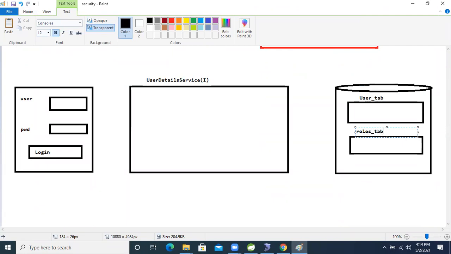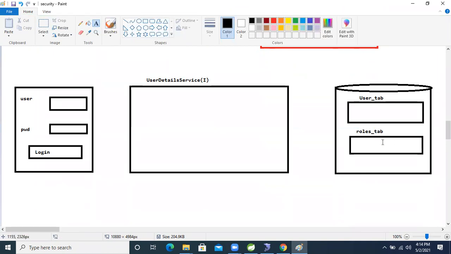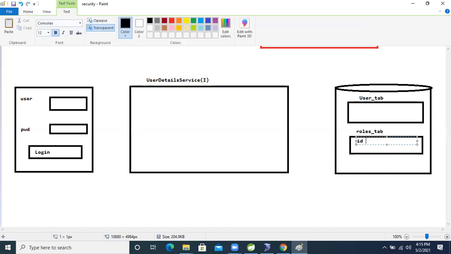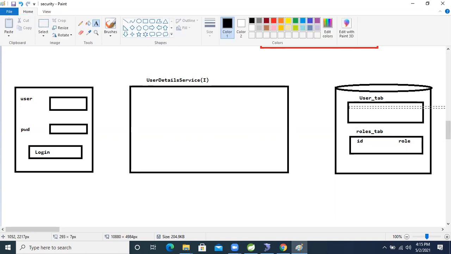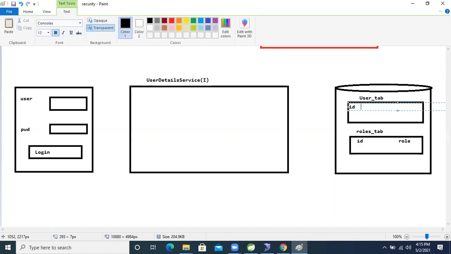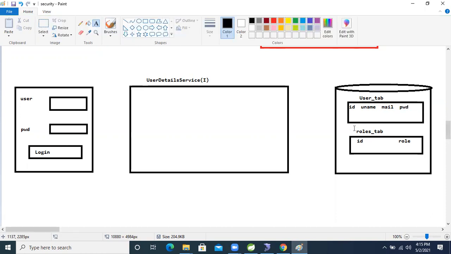These are the two tables. Here the ID is there, and here the role is there, and here the user ID, username, email, and PWD. This information is stored in these two tables.